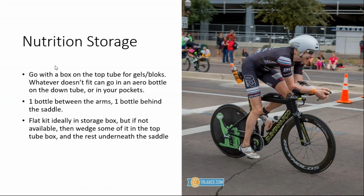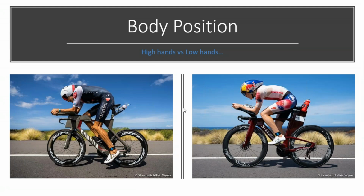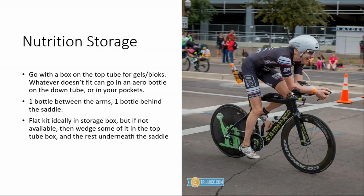Okay, here we go. Nutrition storage. This is probably the simplest thing, I would say. It's also the last thing. Get a bento box. Right here, you'll see my setup. You'll see it's exactly the same as Lucy and Jan had on theirs. I do not understand why anybody would do anything other than this setup, but hey,